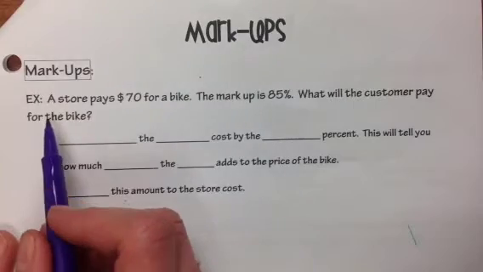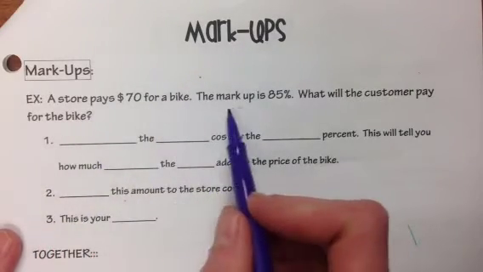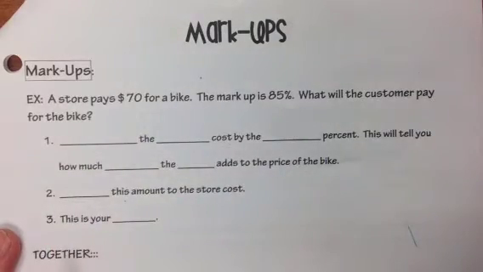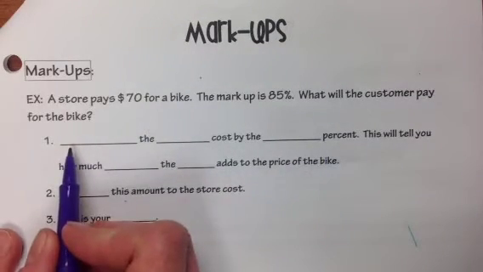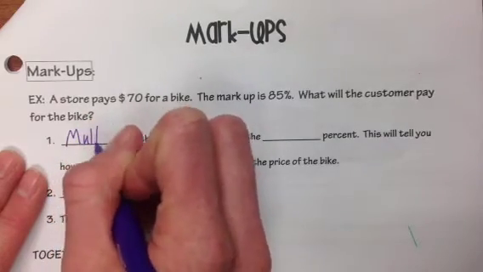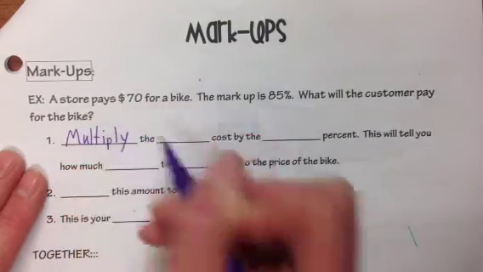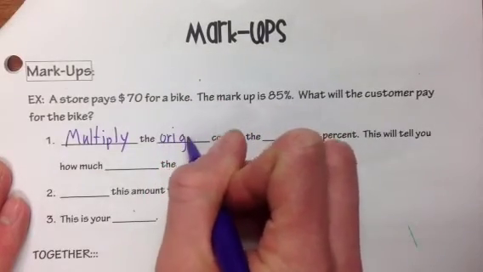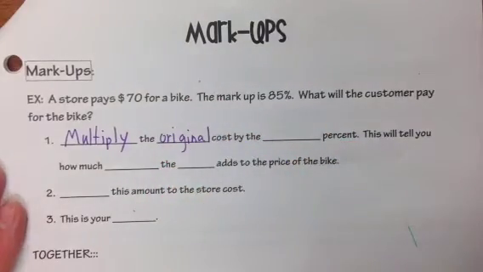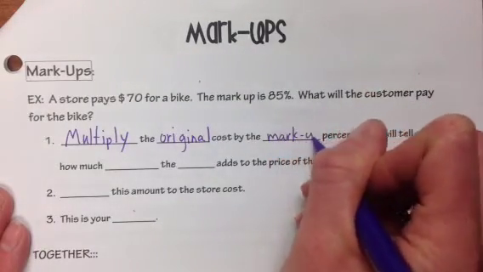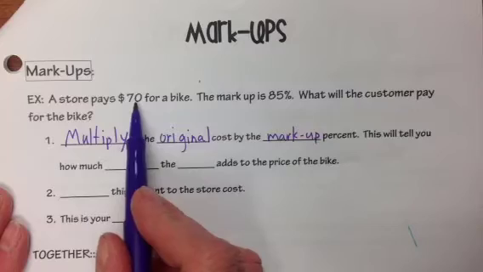All right, example, a store pays $70 for a bike. The markup is 85%. What will the customer pay for the bike? So now we're going to write some steps. The first step will look similar. It's to multiply the original cost by the markup percent. So we take the $70